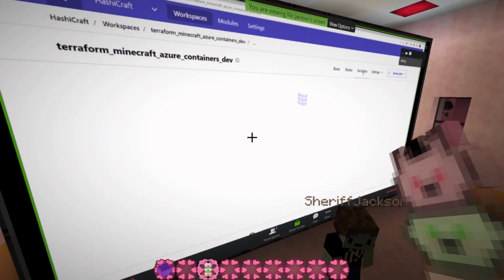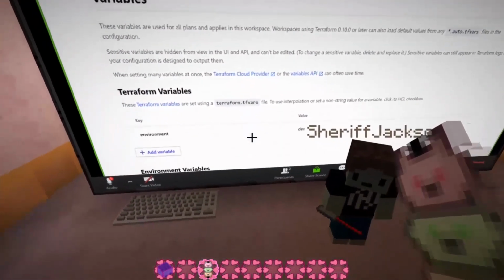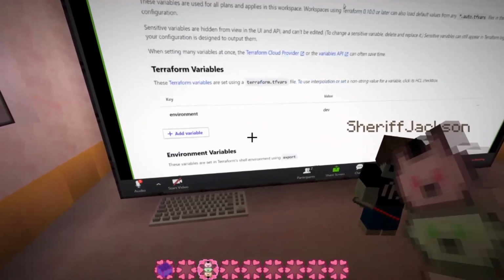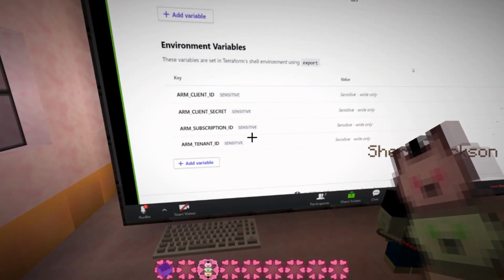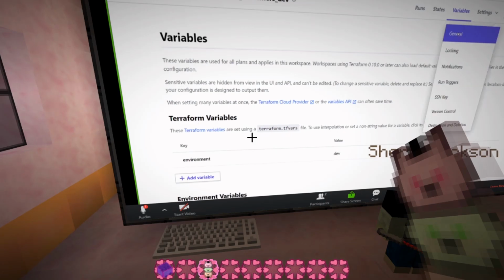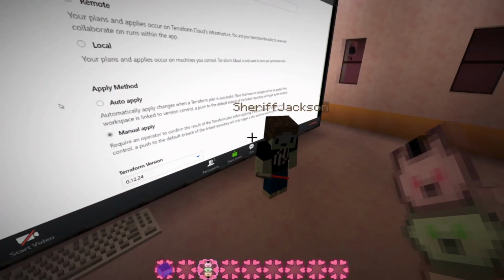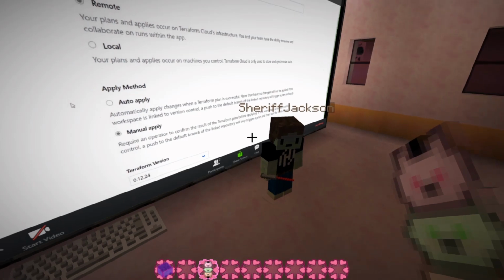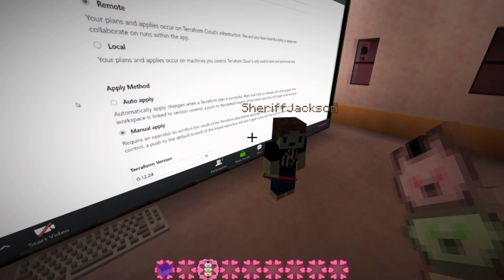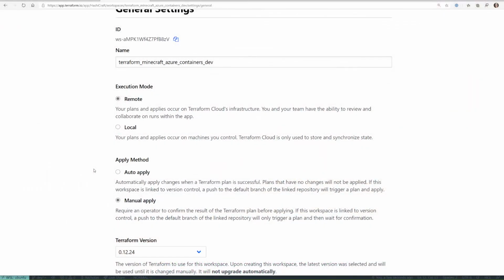What we are going to change, however, are two settings. The first thing is the setting in general around the apply method. In the last video, for our production environment, we would do a Terraform plan, and then have a manual confirmation step where we click a button and that does the apply, which is exactly what you want to do in a production environment.